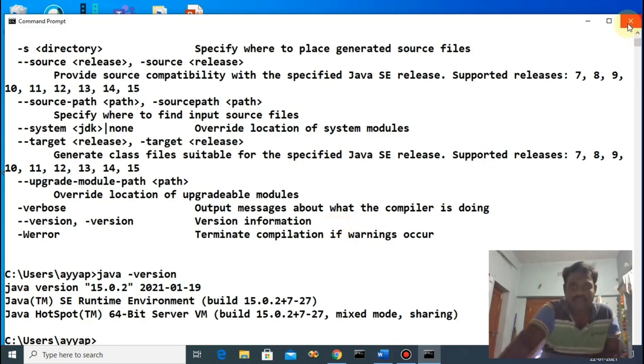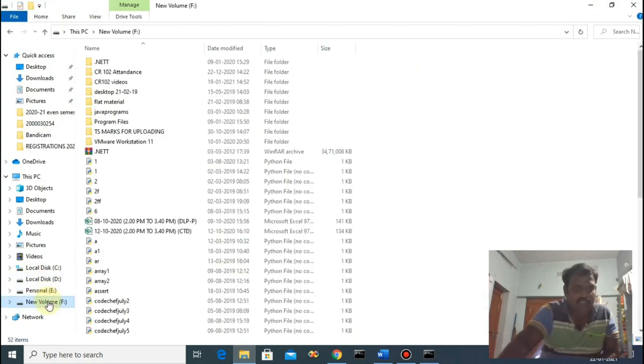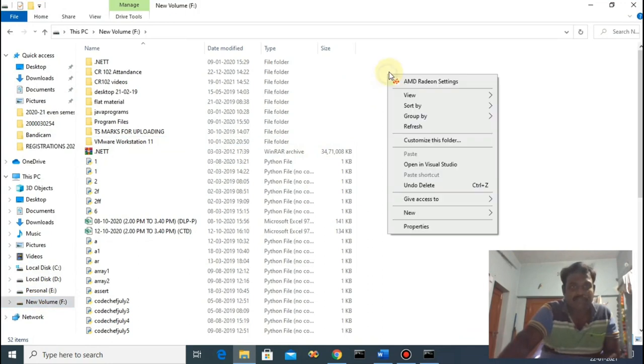After completion of this step, without Eclipse, can I run Java programs? Yes, you can run Java programs. So how to run Java programs, sir? Go to some local disk; I prefer local disk E. In E, I am creating one folder.